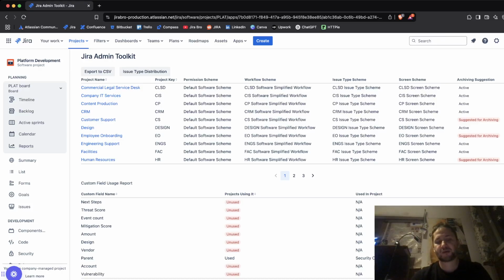If you're going project by project, you would need to go to project settings, then summary, for each and every project that you're looking at, and do all of those clicks. But with this, you can have the name of your project with the actual link that gets you there. You can have the permission scheme, the name of the permission scheme,